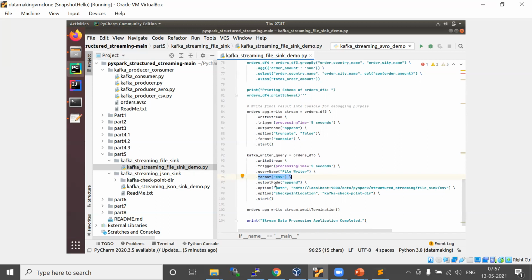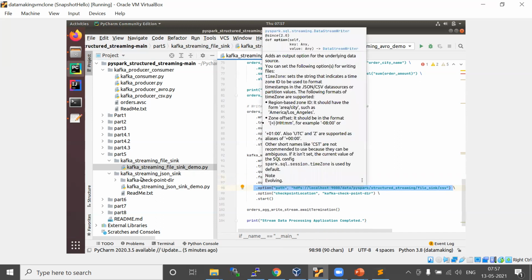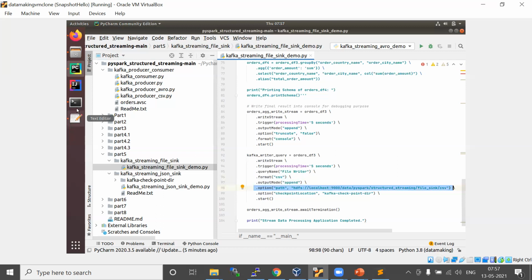Apart from format, if it is a file sink, you need to choose the file format and also the path where you want to write the data. I was using HDFS, but otherwise I have to start the Hadoop daemons. For HDFS you need to use the HDFS location. I will try to do it on local.